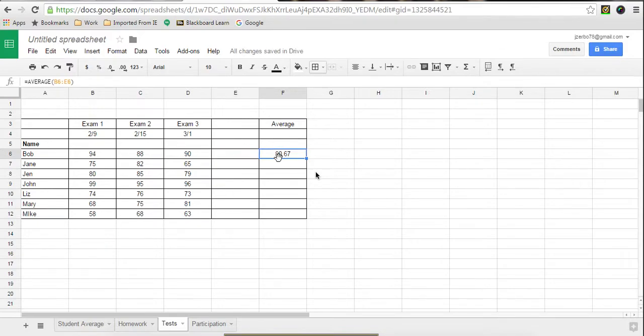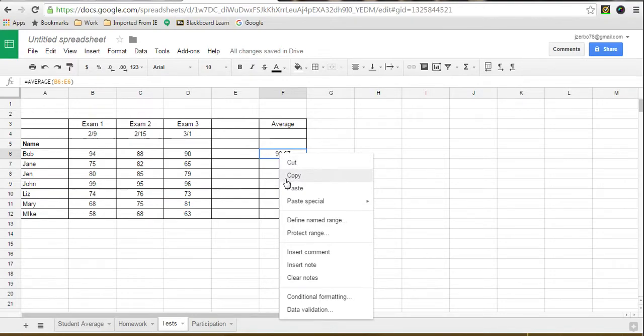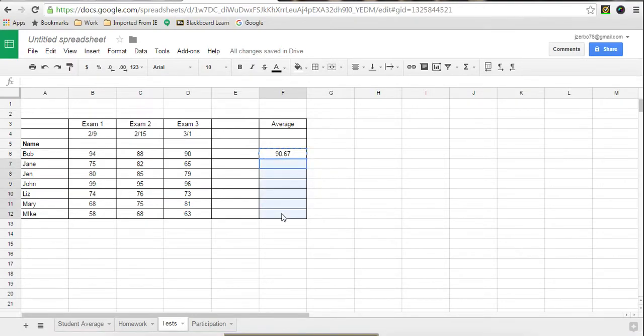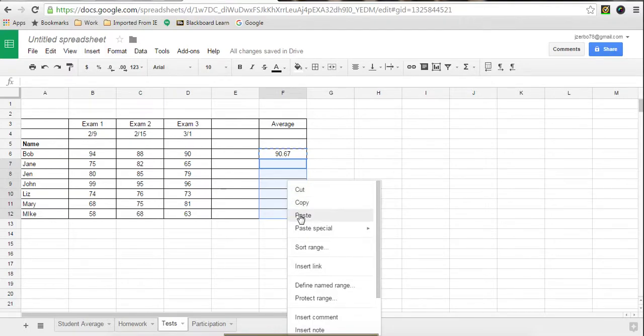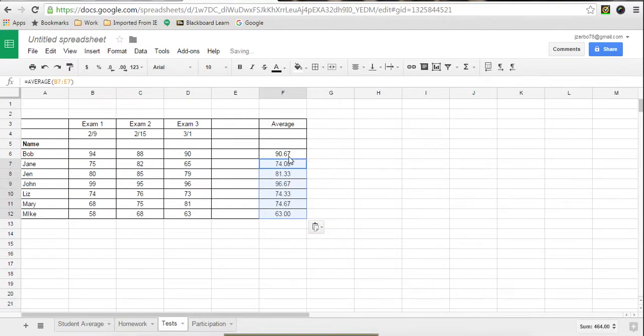Now we don't want to have to write this for each student on our roster, especially if we have 30 kids in there. So what we're going to do is copy and paste the formula. We're not copying and pasting this value of 90.67. You're copying the formula that is written up here, if you see the formula line, the function line. So you right-click, copy, and then you highlight down below, right-click again, hit paste, and what it does is it transfers that formula down and adjusts it for each row. Since we had gone across with the initial one, it'll adjust the numbers down